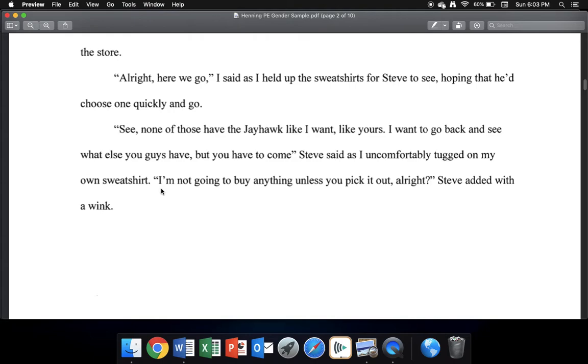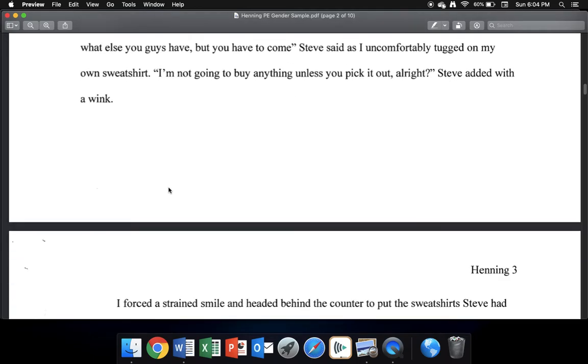Now, stylistically, you potentially could put a new paragraph at times, but it gets really confusing. And the reason you do it this way is so that it's clear who is talking beyond just the dialogue tags telling us that. Let's go to the next page.